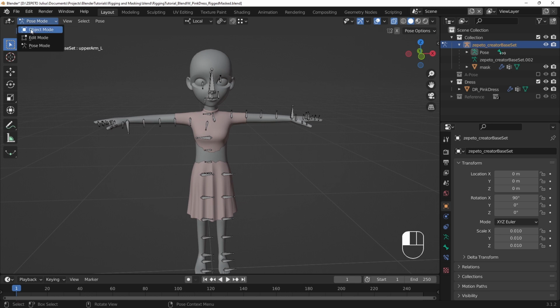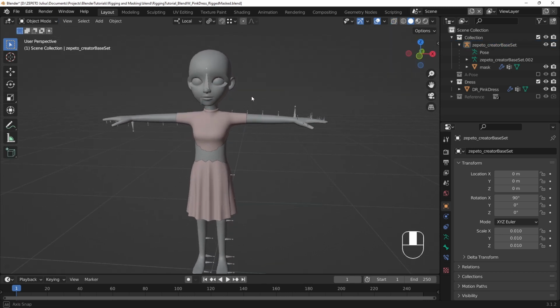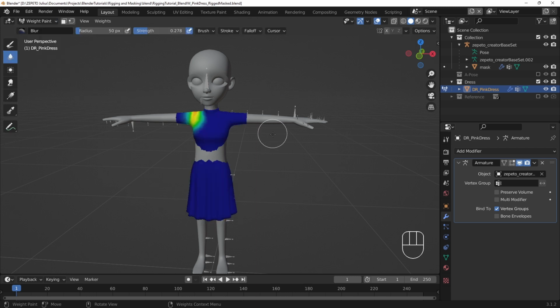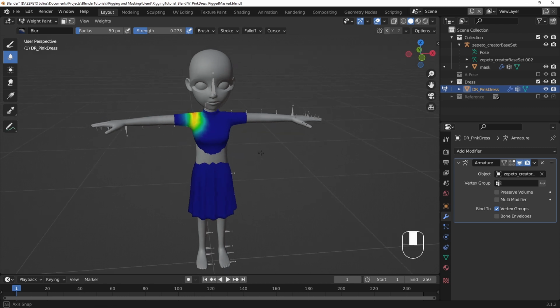To bind a mesh to a skeleton, we'll have to tell the mesh how to follow the bones. This is done by assigning an influence value to a vertex as to how much it should follow the movements of a bone. These influence values are often called weights. Using Blender's rigging tools, we will do our best to properly assign weights to our item so that it moves with the Zepeto avatar in-app.